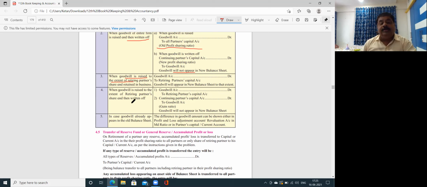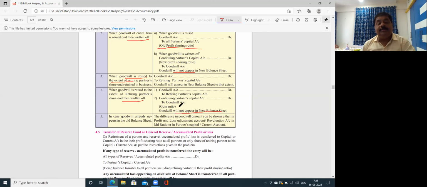Number 4, but when goodwill is raised to the extent of the retiring partner but then written off. तो पहला एंट्री तो सेम आ गया, देखो गुडविल अकाउंट डेबिट टू रिटायरिंग पार्टनर्स कैपिटल अकाउंट, and the second entry: continuing partners' capital account debit to goodwill account, in which ratio? Gain ratio. Okay, and in this case goodwill will not appear in the new balance sheet. New balance sheet में नहीं आने वाला है. Okay,